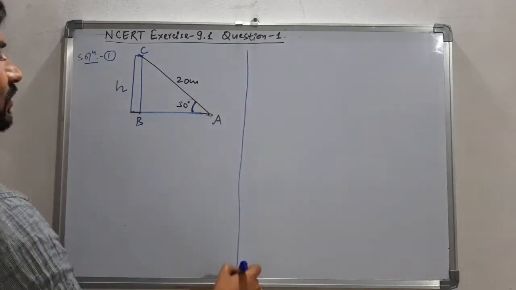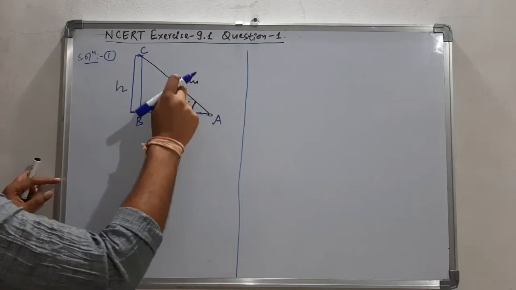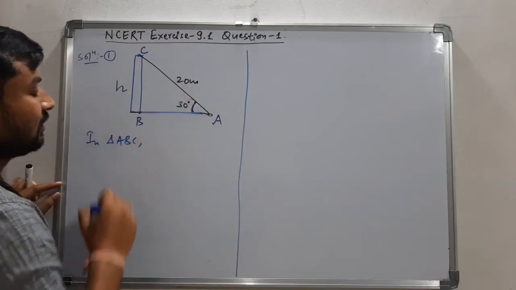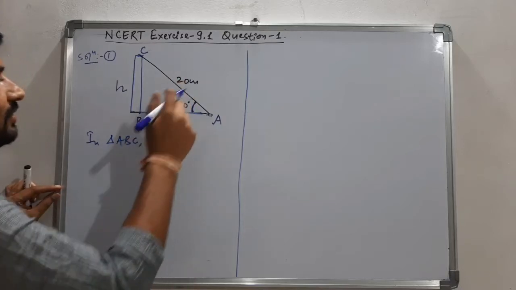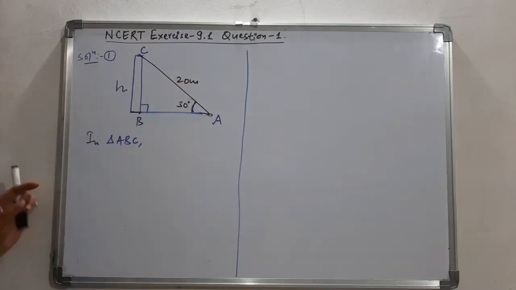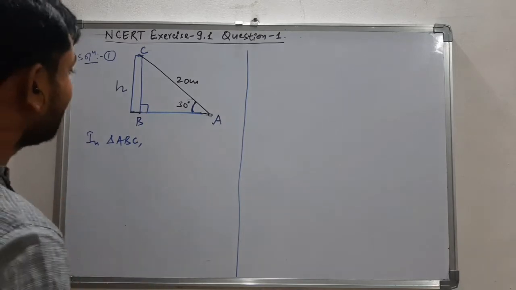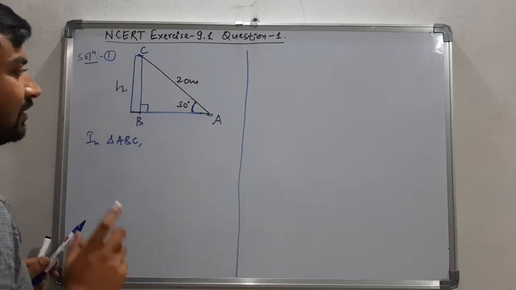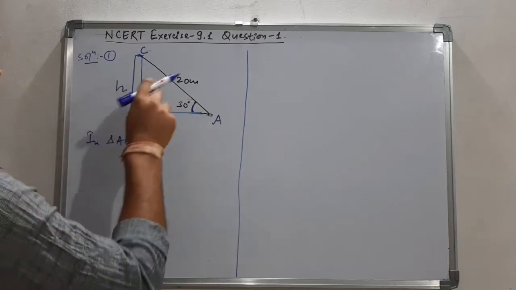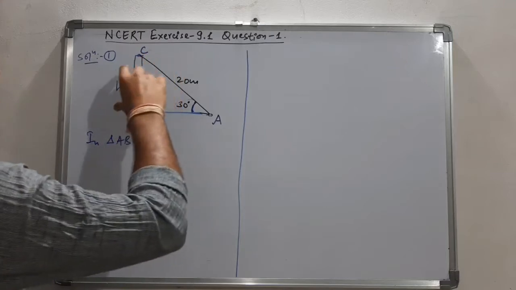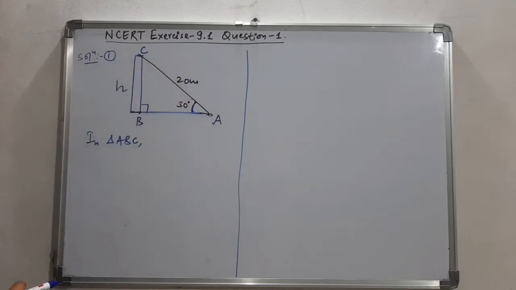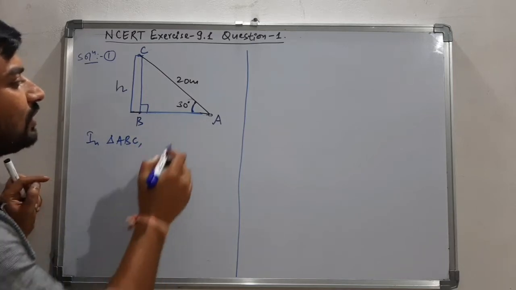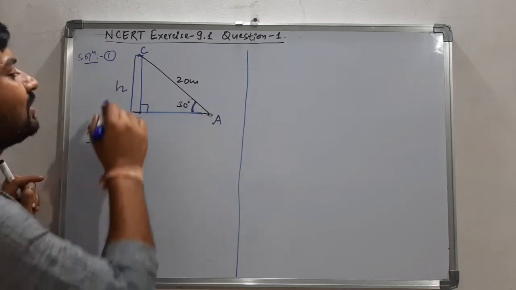Now, look at this situation. Here, if we look in the triangle ABC, here AC is the hypotenuse. This angle will be the right angle as the pole will be a vertical tower. So this tower is making an angle of 90 degree with the horizontal level AB. So AC will work as the hypotenuse. This BC, that is the height of this pole, is perpendicular, and the AB is base. So the angle here is 30 degree. Clearly we need height.